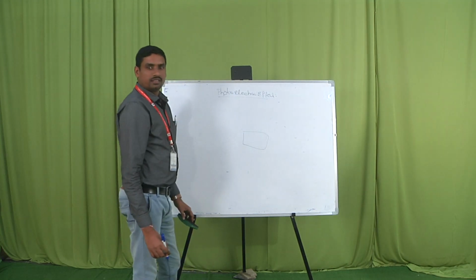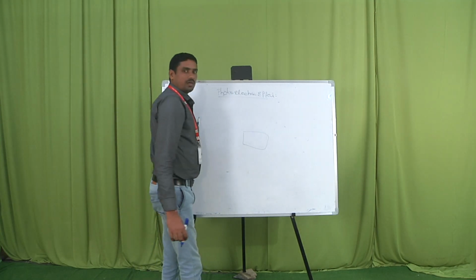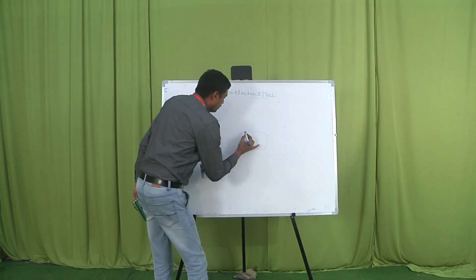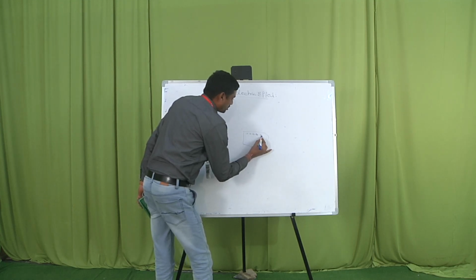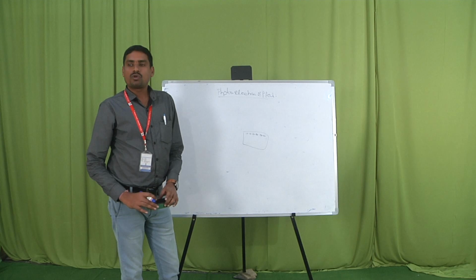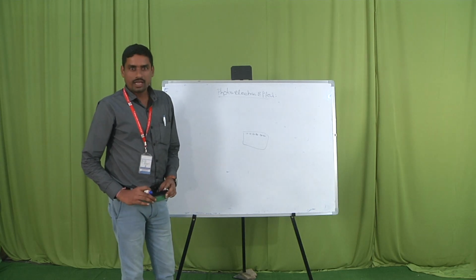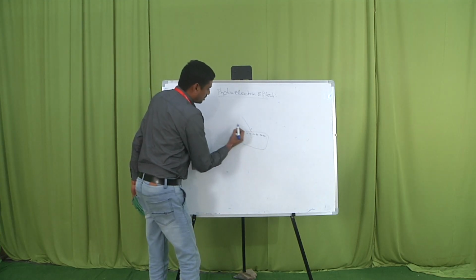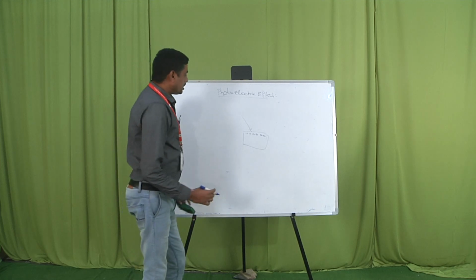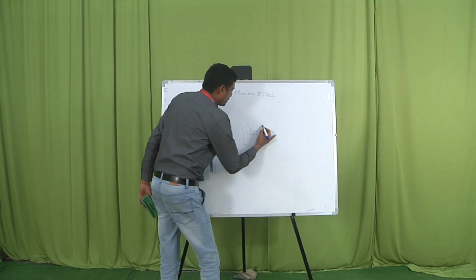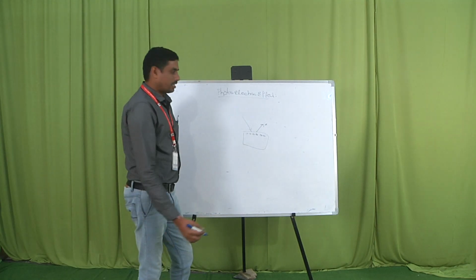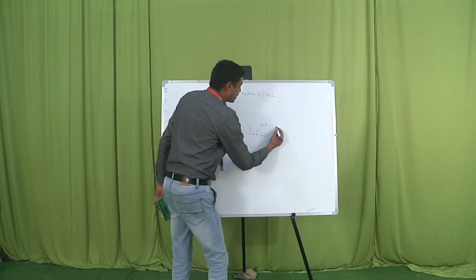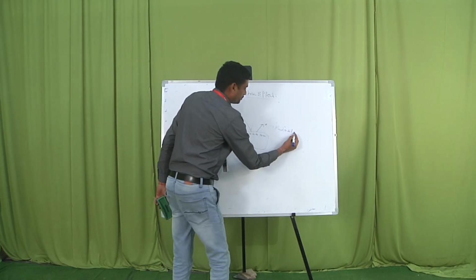If I take a metal surface, it consists of atoms. On those atoms there are free electrons. So in a metal surface I have free electrons. Free electrons means outermost shell electrons, also called valency electrons. When I incident a light on this metal surface, these electrons may be ejected from the surface. The electrons ejected from the metal surface are called photoelectrons.